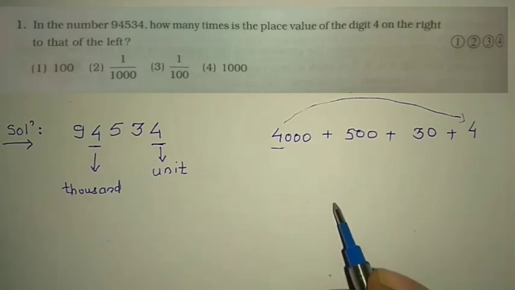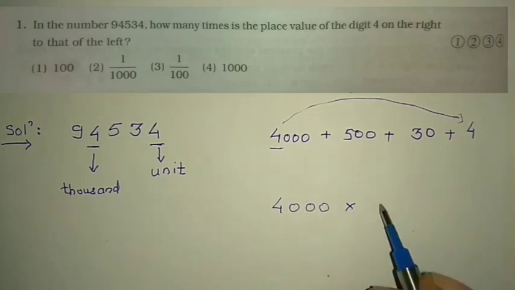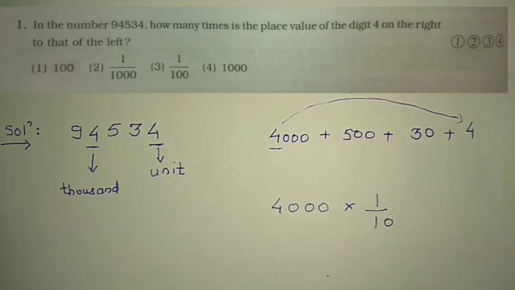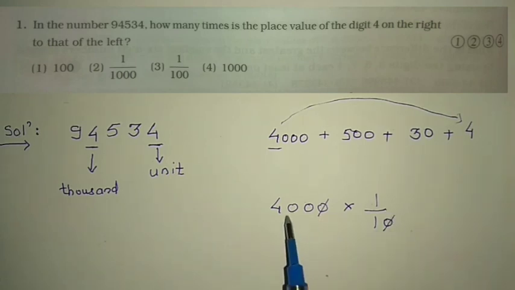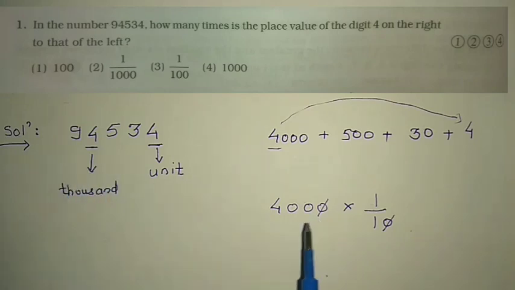If you will multiply this 4000 by 1 divided by 10, means 4000 into 1 divided by 10 times, then what will happen? This 0 and this 0 will get cut because 10 is in division with 4000. Now 4000 become 400 only, यानी वैल्यू क्या हो गई? 4000 से 100 प्लेस पे, 1000 प्लेस से 100 प्लेस पे वैल्यू आ गई, तो वैल्यू इज डिक्रीजिंग.